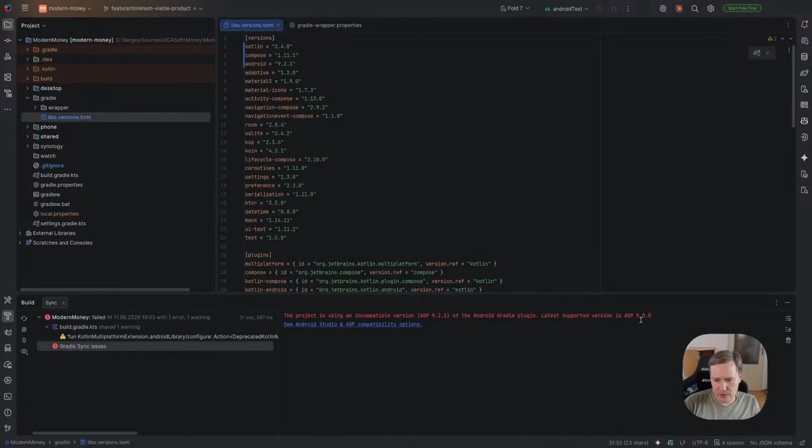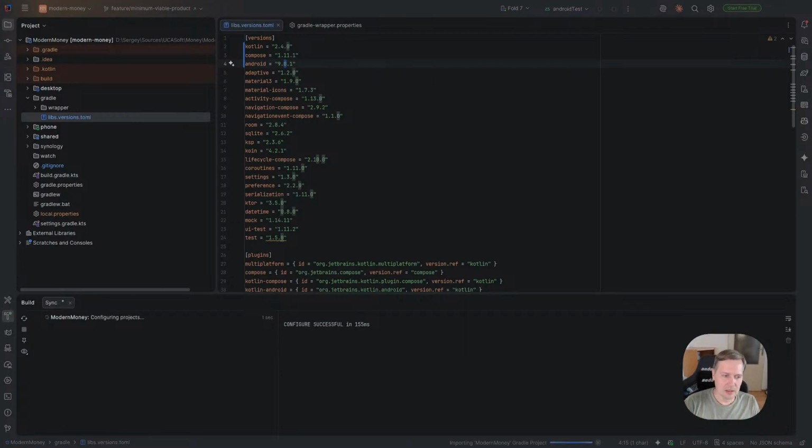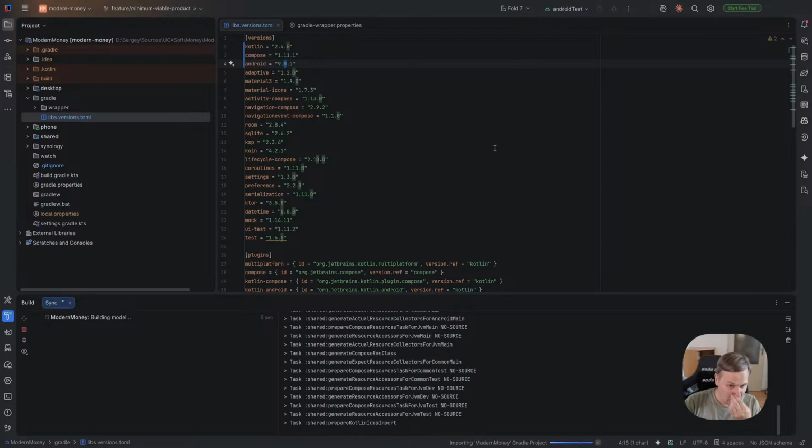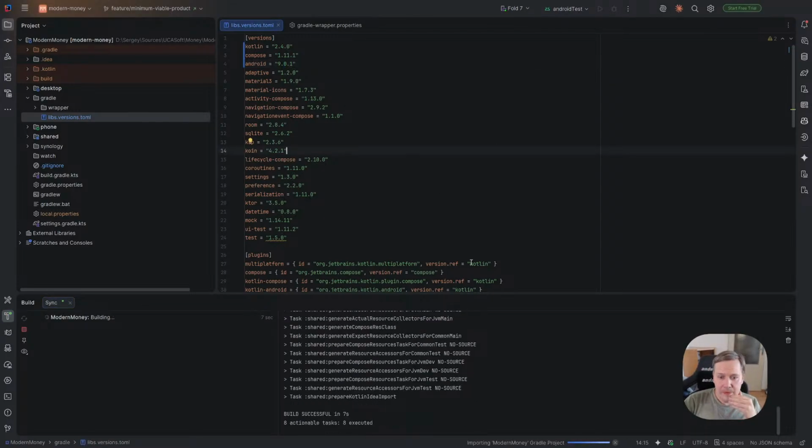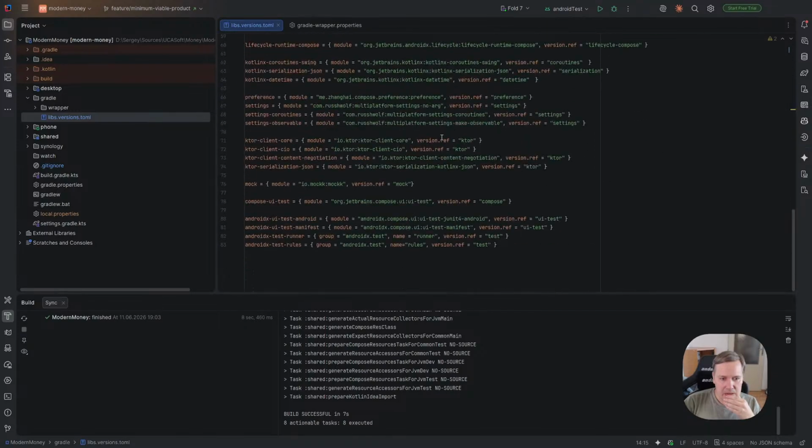Yes, let us support AGP 9.0.0. It's interesting because I see it was 9.0.1 and it worked. Yeah, there is 9.0.0, but let's use this 9.0.1. Okay, so